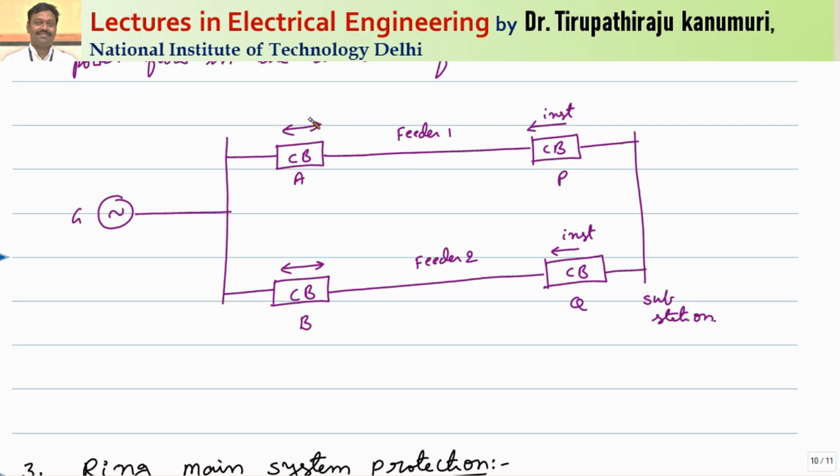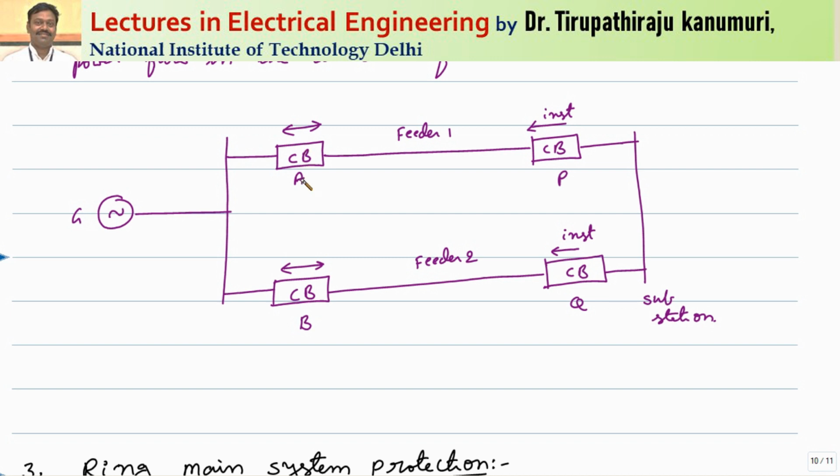Here you can see the arrow is on both sides, which means it is a non-directional relay. We have seen in module number 3 that non-directional relay operation is very simple and cheap compared to directional relays, because a directional relay needs 2 sections, so the cost increases. So wherever it is possible, we always prefer non-directional relays, because the cost, simplicity and maintenance cost are all lower. Only where it is really essential do we go for directional relays.